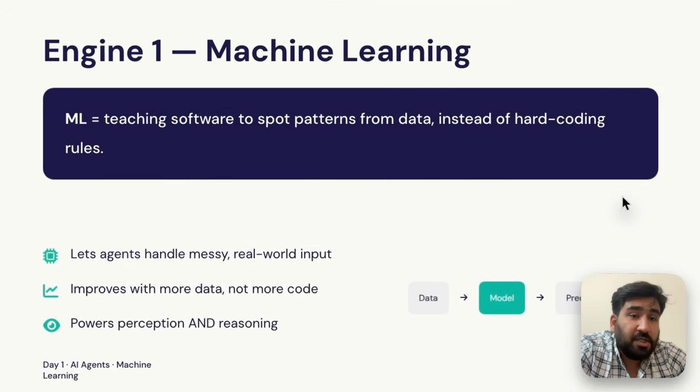Engine 1, machine learning. Look at the definition on the slide. Machine learning equals teaching software to spot patterns from data instead of hard coding the rules. Let me make this concrete with a contrast. The old way of detecting whether an email was spam or not, you would manually write rules. If the email contains a word like lottery, mark it spam. If it has more than five exclamation marks in a row,